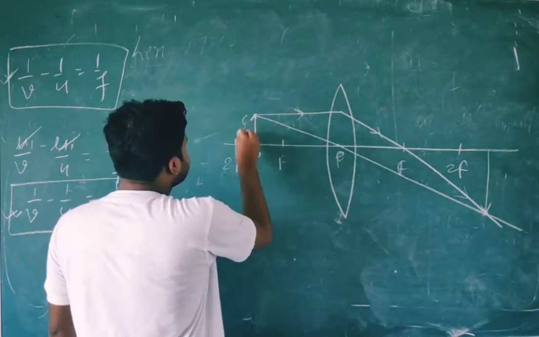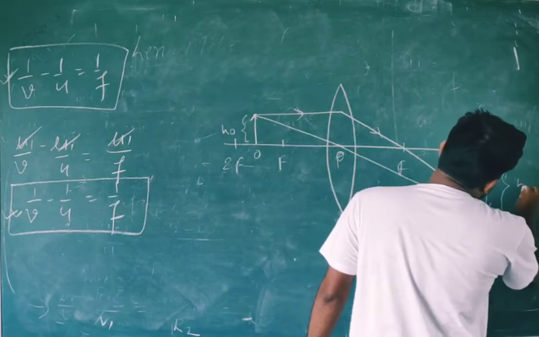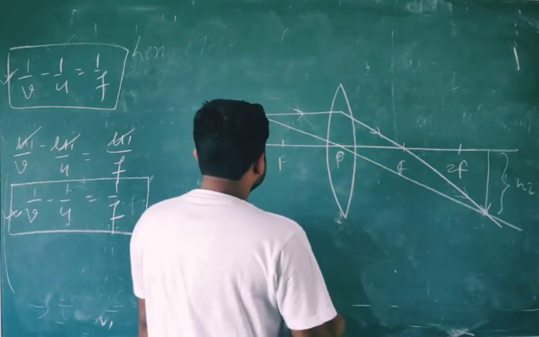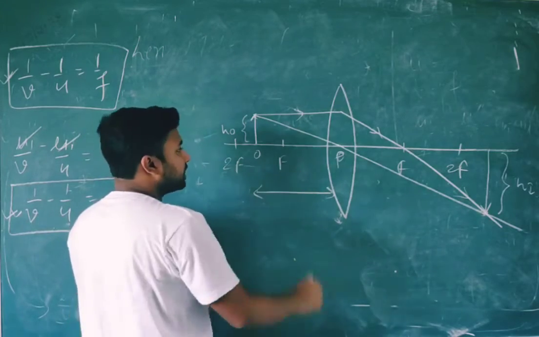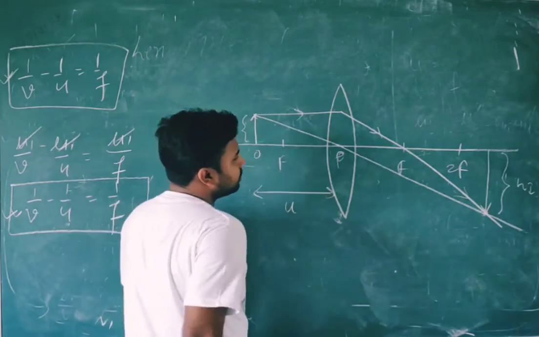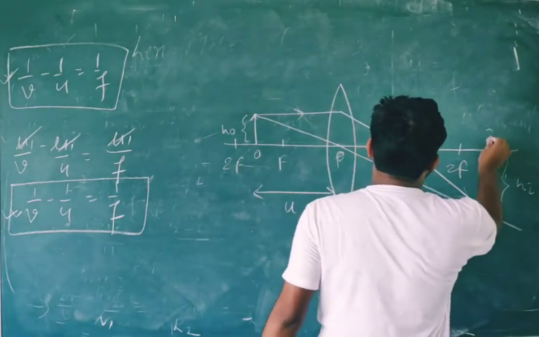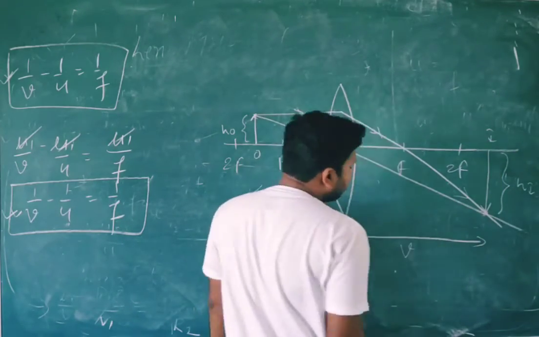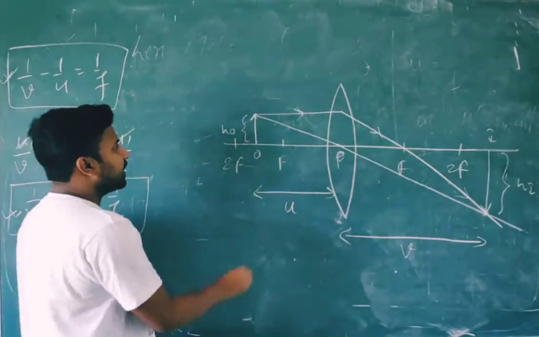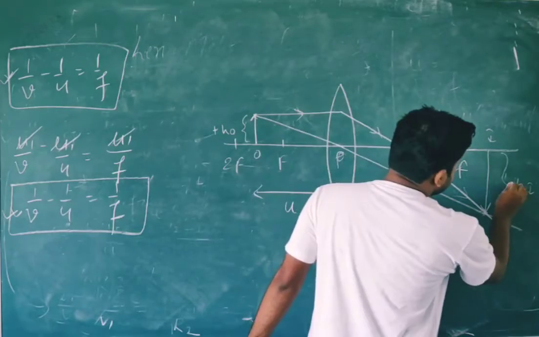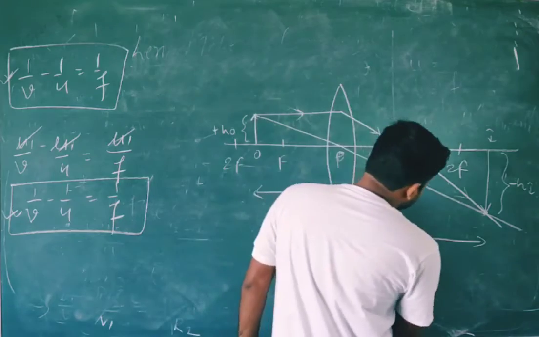Now I am assuming here students, this is the height of the object. This one is the height of the image. We all know this notation: the distance between the optical center and the object we denote with u, and the distance between the image and the optical center we denote with v. Okay, so now student, I am taking the sign convention. This is the positive, this one is the negative. From where these things are coming, I already discussed in the last video. This one will be negative and this one is the positive.